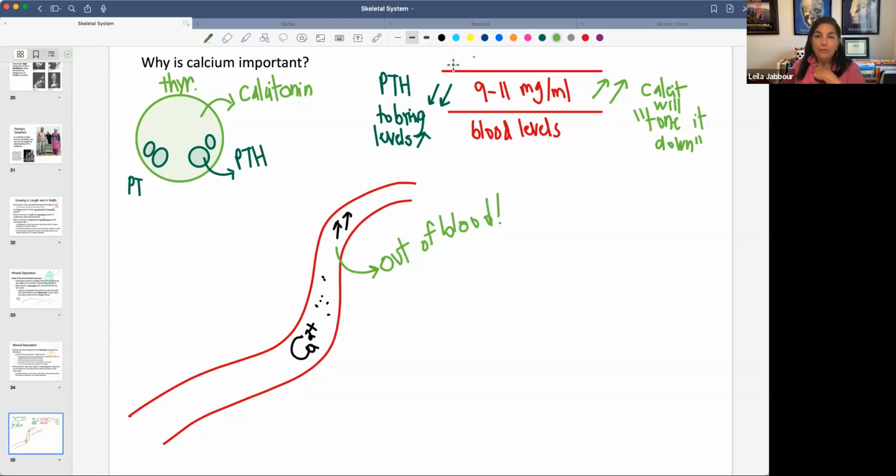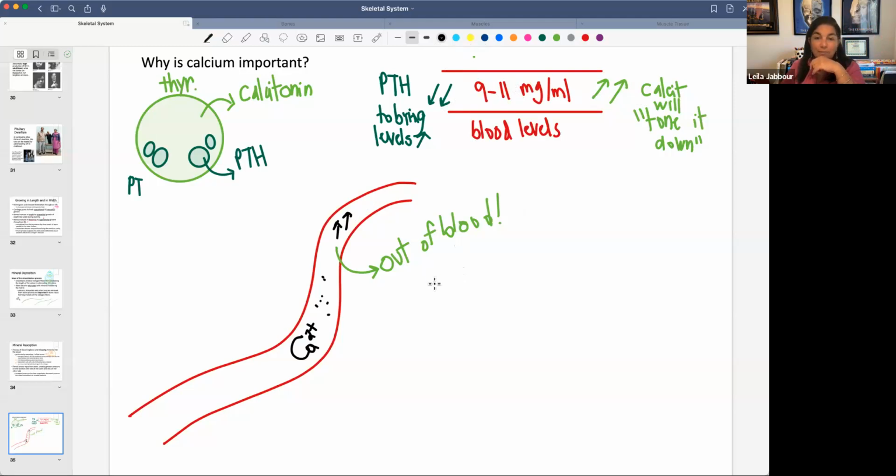Calcium comes out of the blood. Well, what do we do with it? What are we going to do with calcium? How about we just kind of shove it in bone? And that's exactly what's going to happen. This is a great way to kind of hide calcium because we don't want it to be circulating anymore. So we're going to have